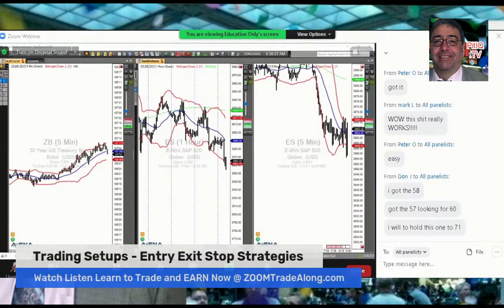It's nice to see these bounces off of our levels yesterday. Again, but yesterday during the morning, they were also going up. So we always talk about the difference in the trade when the markets are rallying and when markets are under pressure. It always seems to be a better trade when markets are under pressure, for whatever reason.